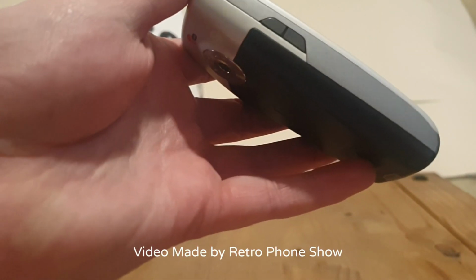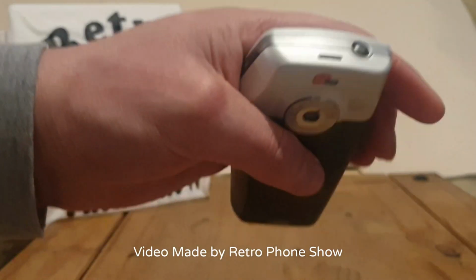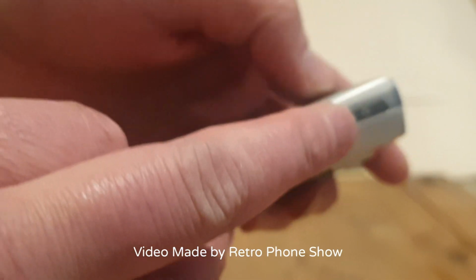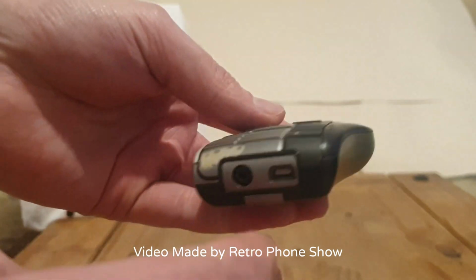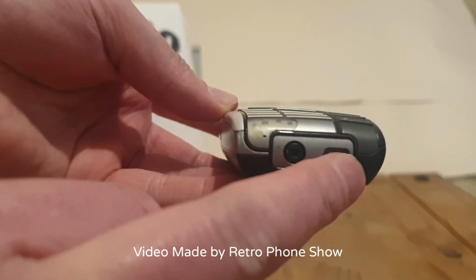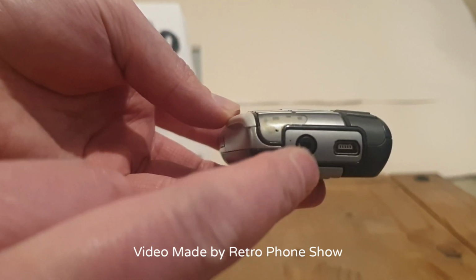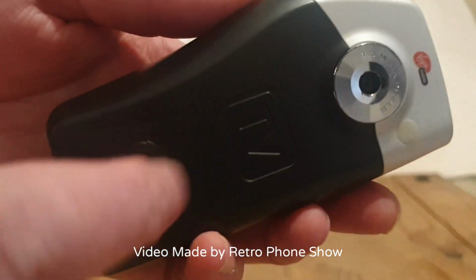On the side here we have the volume rocker. On the top here we have the power button for on and off. This side here we have a dedicated camera button. The bottom here we have the charging port, and we have the earphone jack right there. On the back here we have the camera,